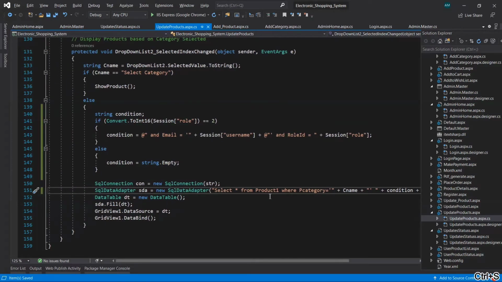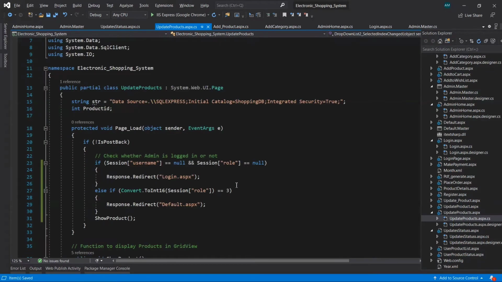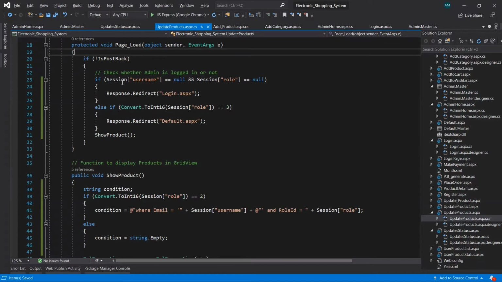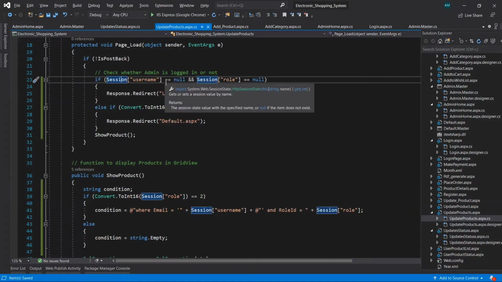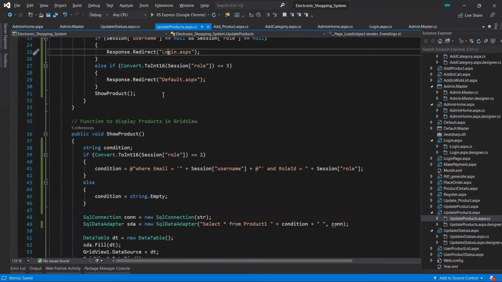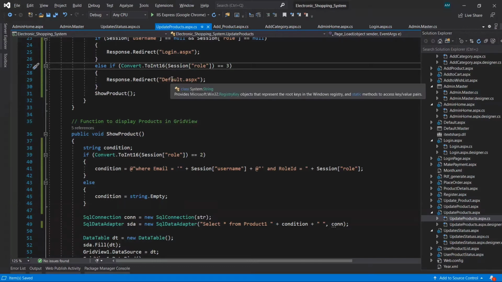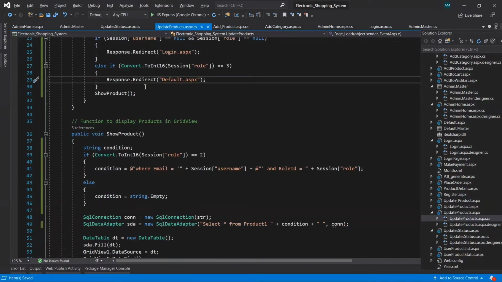So let's see what changes I have made in this page, update products. First of all, we have done changes in the page load event. Here it will check if the session of the username is null and the session of the role is null, then if both conditions match, it will redirect to the login page. Or else it will check if the session of role is equal to 3. If it matches, that means it is a normal user, so we need to redirect it to the login, sorry, default page. Okay, and that's it for here.